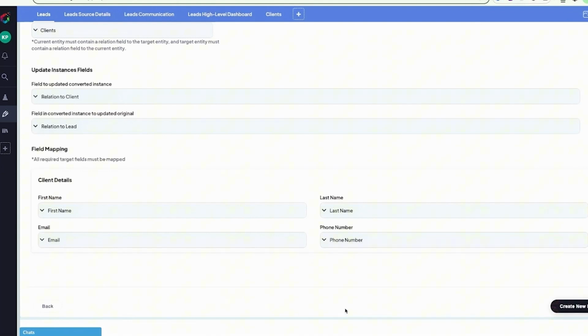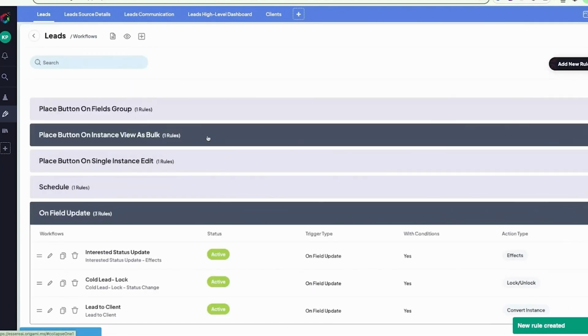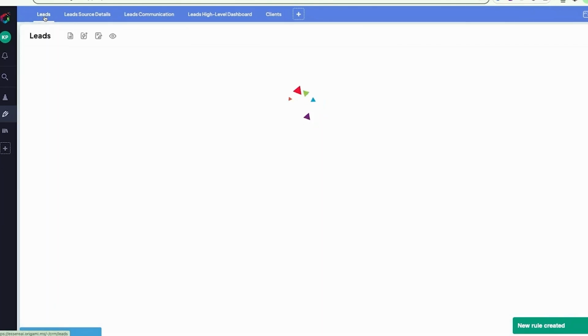This ensures that all the essential contact information is automatically carried over, saving us from manual data entry and ensuring consistency between both entities. That's it! Let's click Create New Rule to activate the workflow, and now let's see it in action. Back on our Leads page,